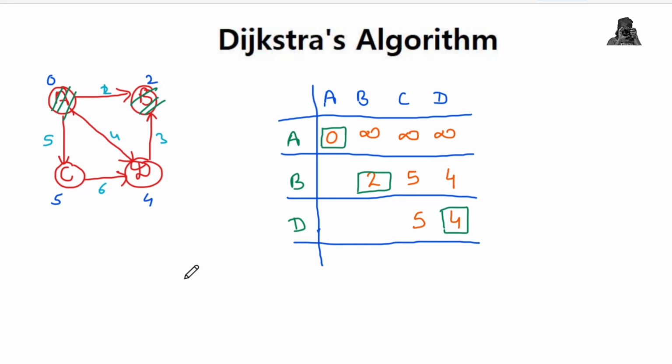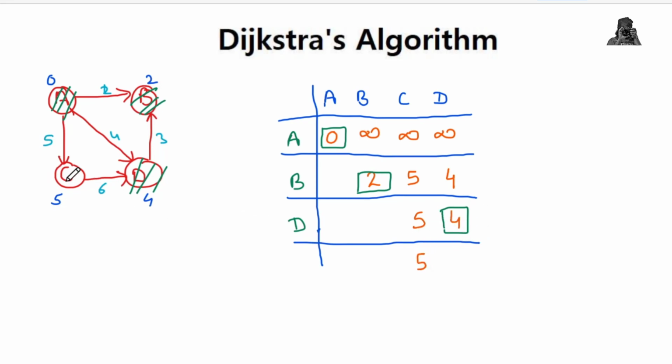Now we need to check is there any need to update the other distances. From D we can clearly see that we have an edge to B because this is a directed edge here. B is already selected, so we can't update the value for B. From D there is no other connection to C, which is the only one left unselected. So there is no need to update this because no connection is there. So we can say that D is now selected. So now we are left with only the last one, which is C here.